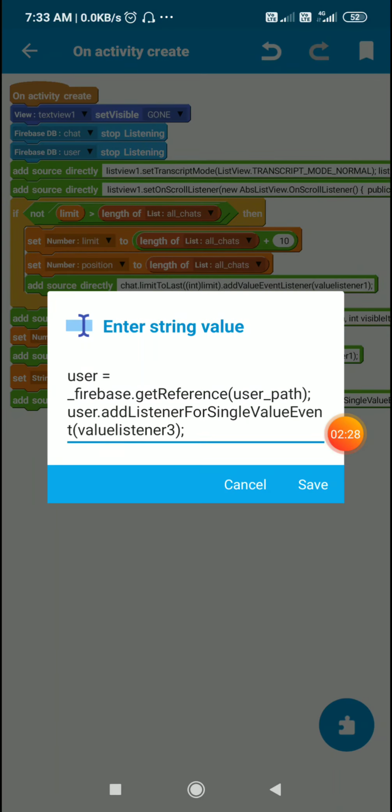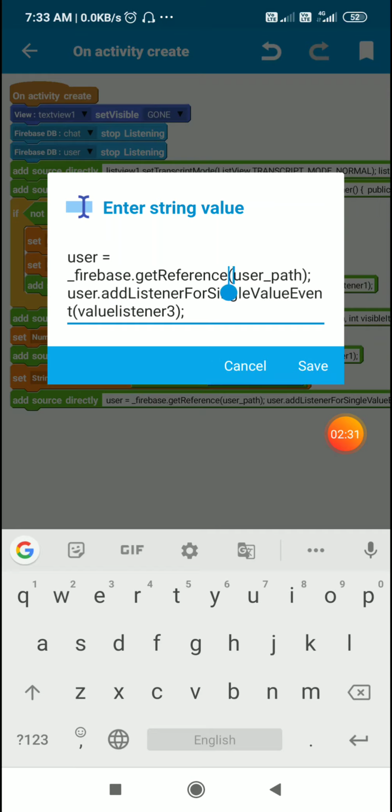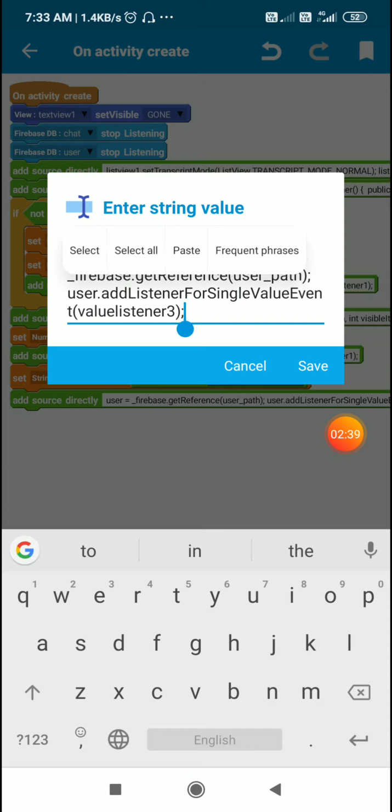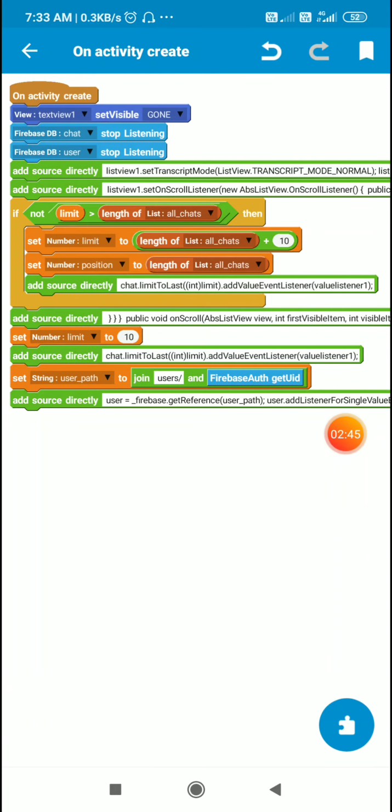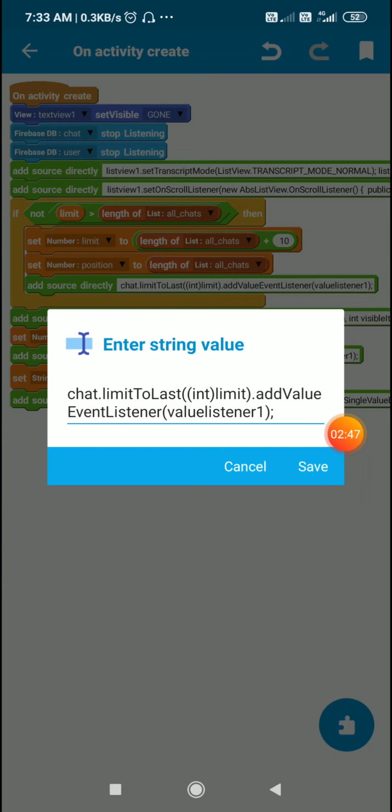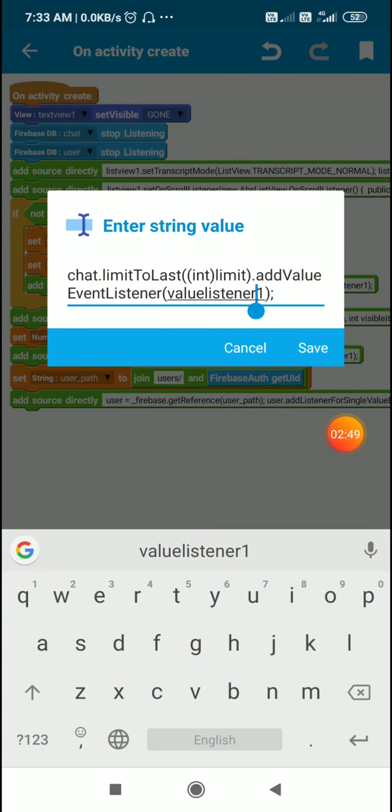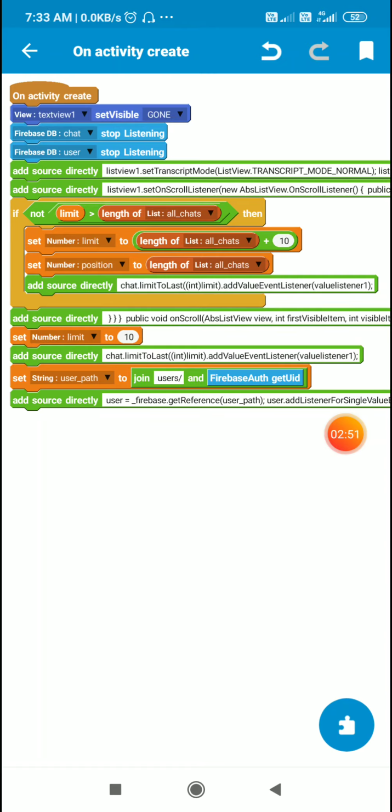So user is equal to underscore firebase dot get reference user underscore path. So I make a reference to uid of this user, and then I add a listener for single value event which is value listener 3. So to this I add value listener 3, and for this chat I add value listener 1. I will show you both these listeners.